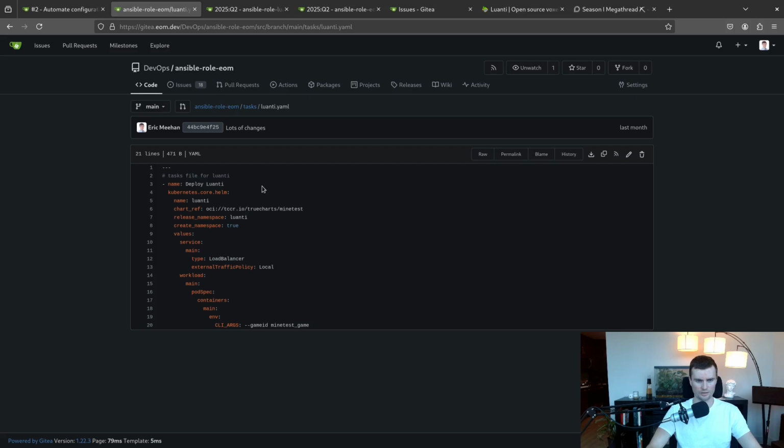Okay, so it is a Helm chart. So this Helm chart executes in a Kubernetes cluster to modify Kubernetes resources and create the pods and the PVCs and all of that stuff from within Kubernetes.